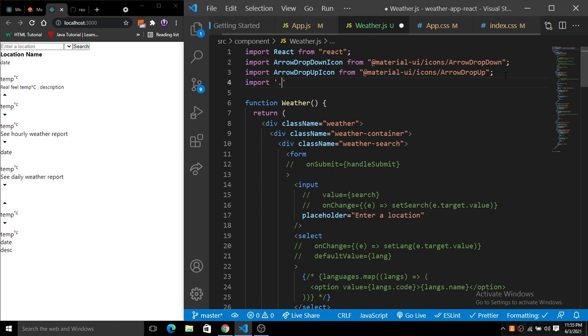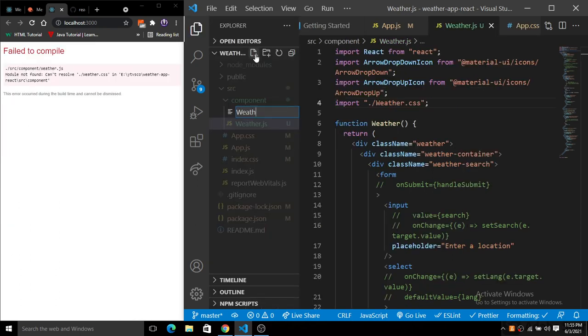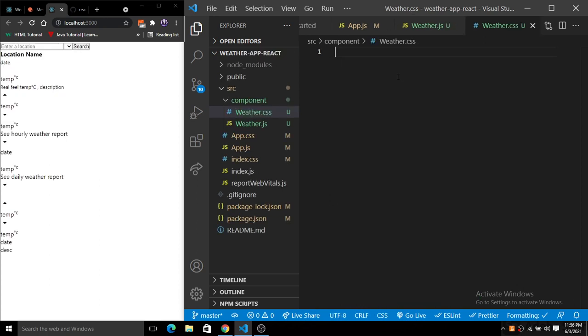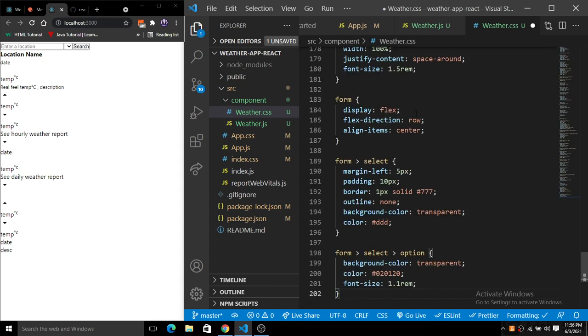So inside of this I will just create a file that is weather.css, and I have already done the CSS stuff here. So I will simply paste the whole CSS code here, and you will see it will now be styled, right? So let's paste the CSS code here.